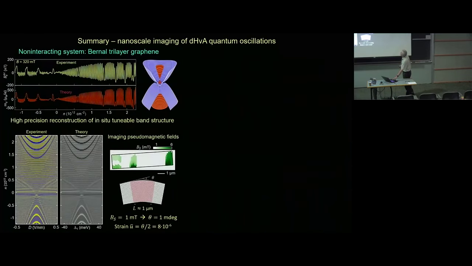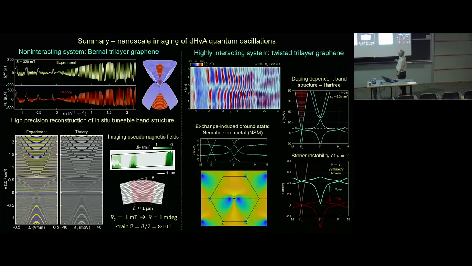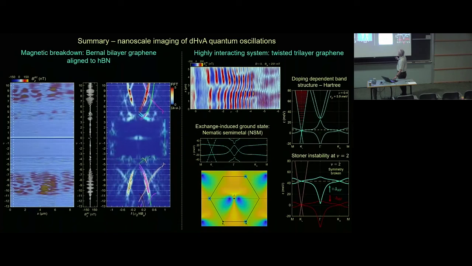So let me just summarize. First of all, we have shown that the Weizmann alpha and thermodynamic quantum oscillations can be imaged with very high precision and locally and at very low fields. We find pseudomagnetic fields, and we have sensitivity to find magnetic fields on the order of millitesla. In this twisted trilayer graphene, we see a strong effect of the Hartree potential. We also see symmetry breaking that I didn't have time to describe, and the nematic state that we believe occurs